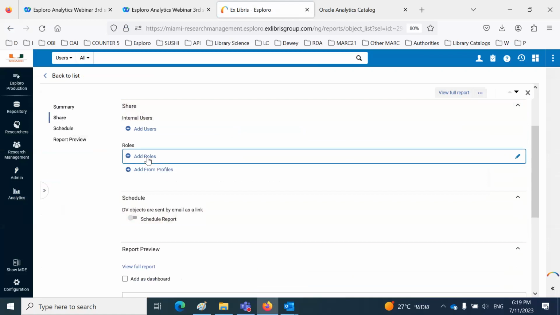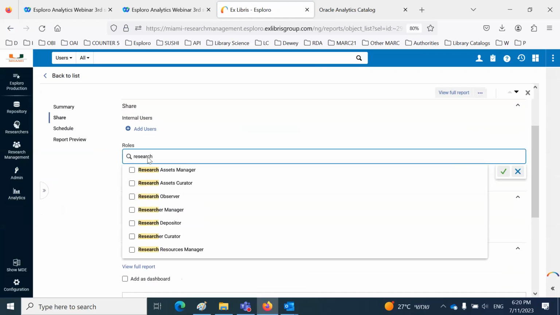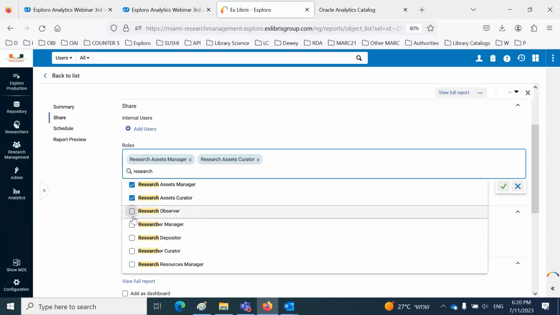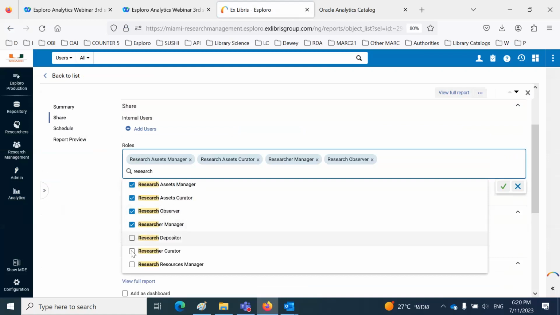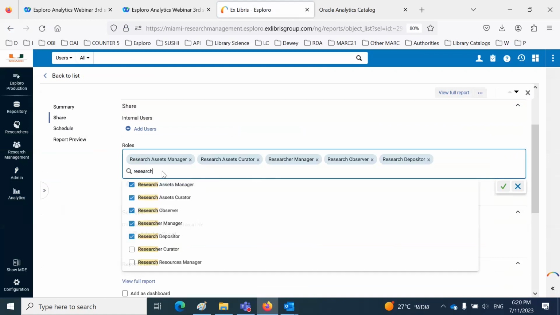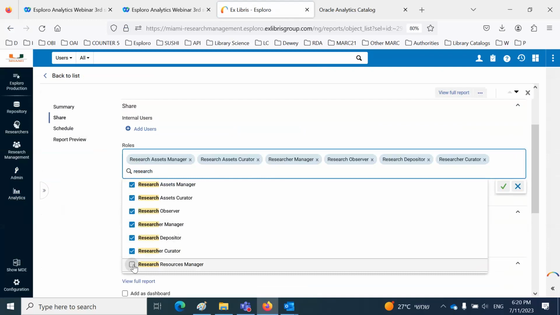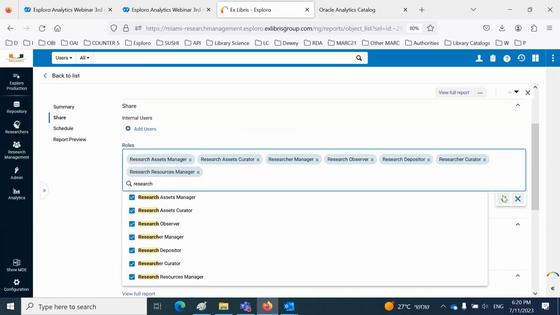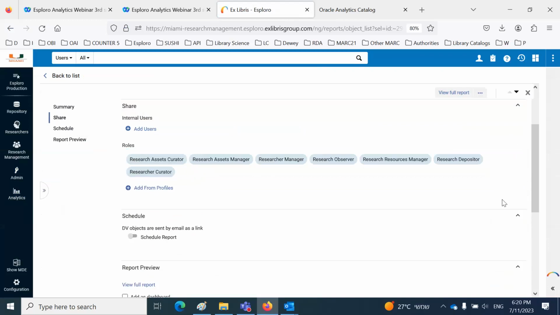Or we can say add roles, and then any user who has at least one of the roles that we will add here will be able to consume this data visualization workbook. So I'll say roles, and I'll just start typing research, and I'll say any of these roles. I'll select them all. And this means that any user who has at least one of these roles will be able to view it,